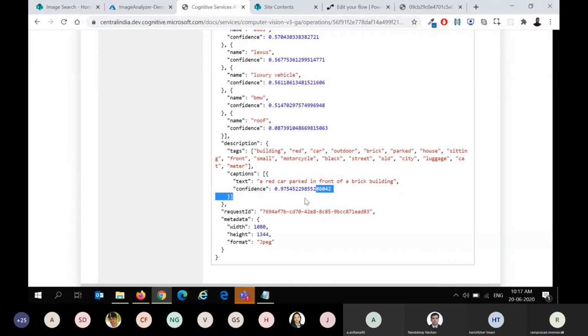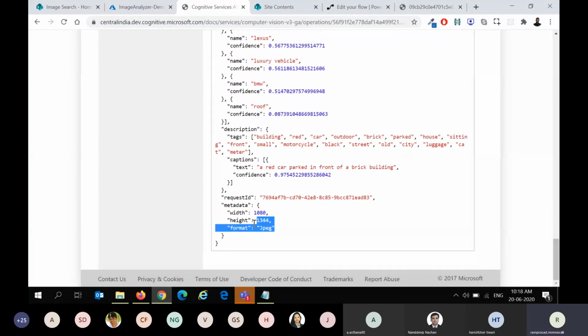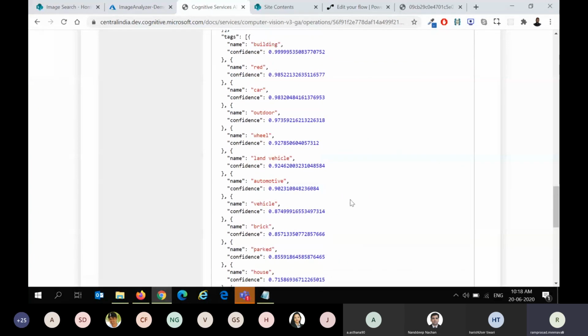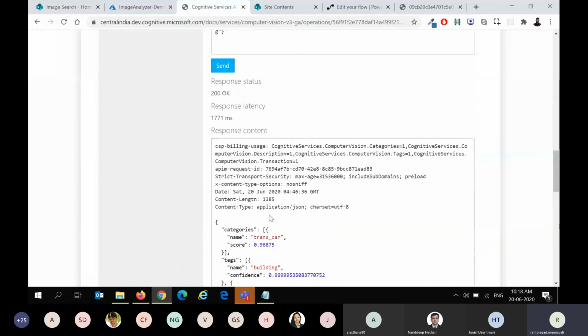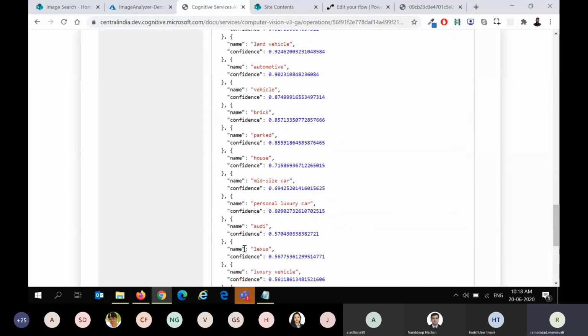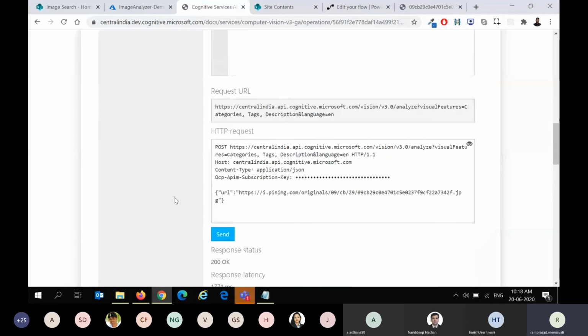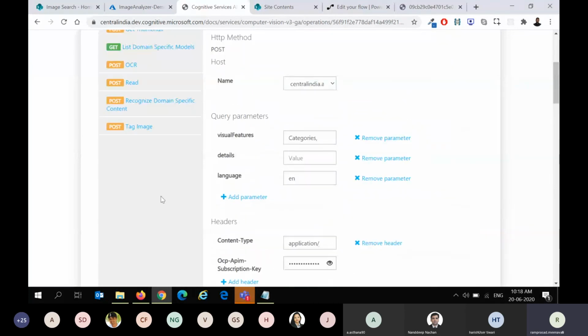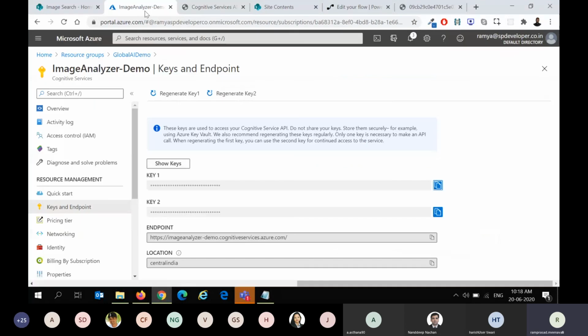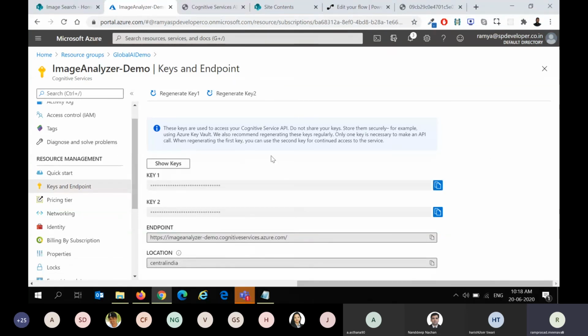Then I also have the format. Again, we don't really need computer vision for this. We can actually extract this from the image metadata, but as additional information, we get these as well. I haven't used the color concept here. If I had, I would have got the dominant color and the rest of the information for this image. So that's about the API console and how we can go about using the Azure Computer Vision API. And like I mentioned a little while earlier, this is a hosted API.